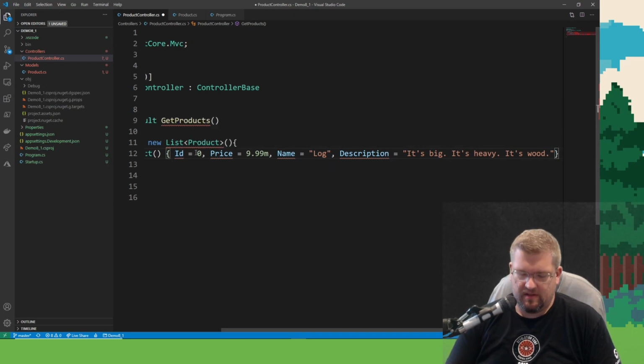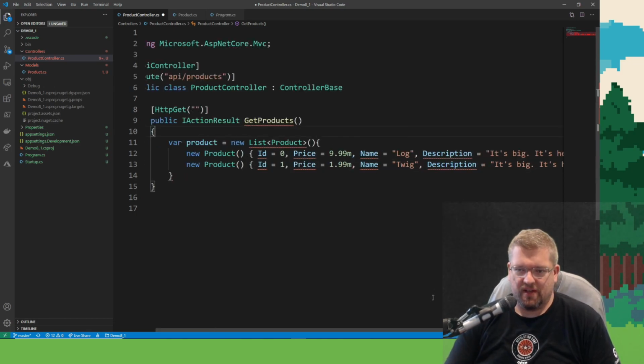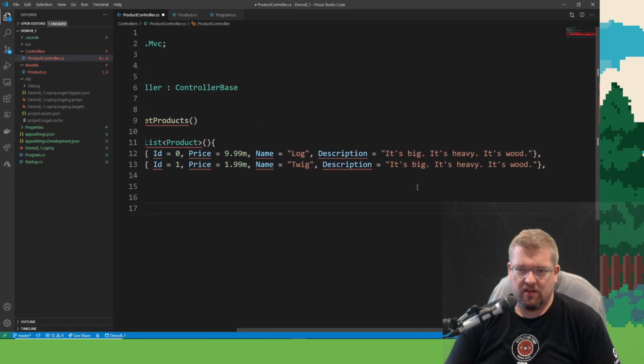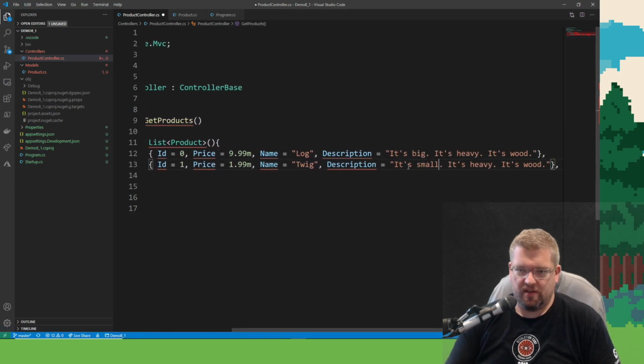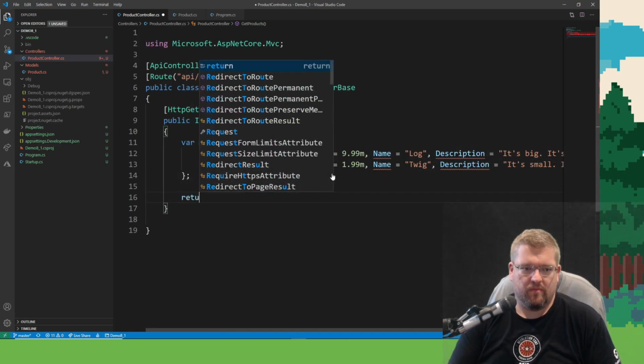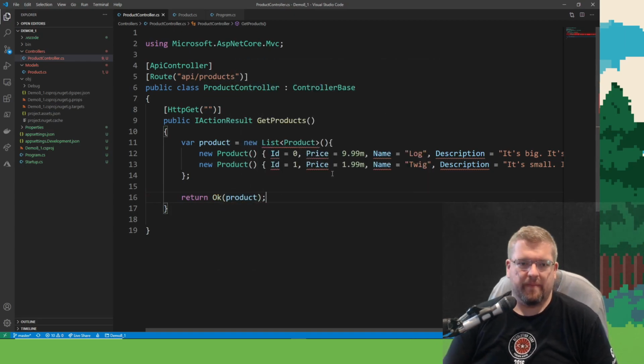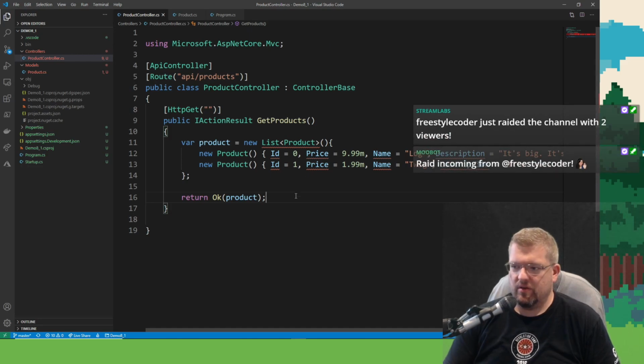I think VS Code's done lost its mind. It's small, it's light, it's wood. Okay, I don't know what's wrong.